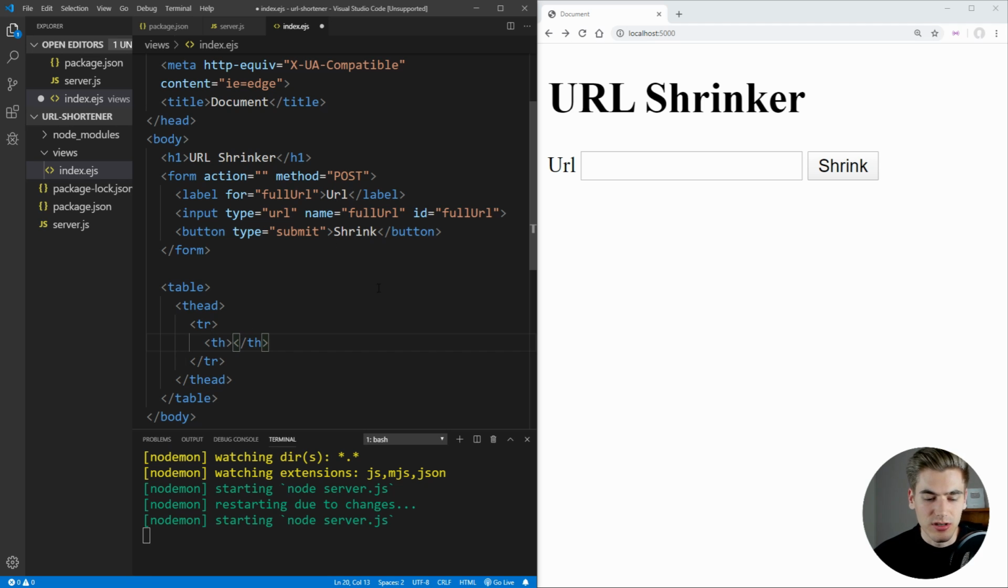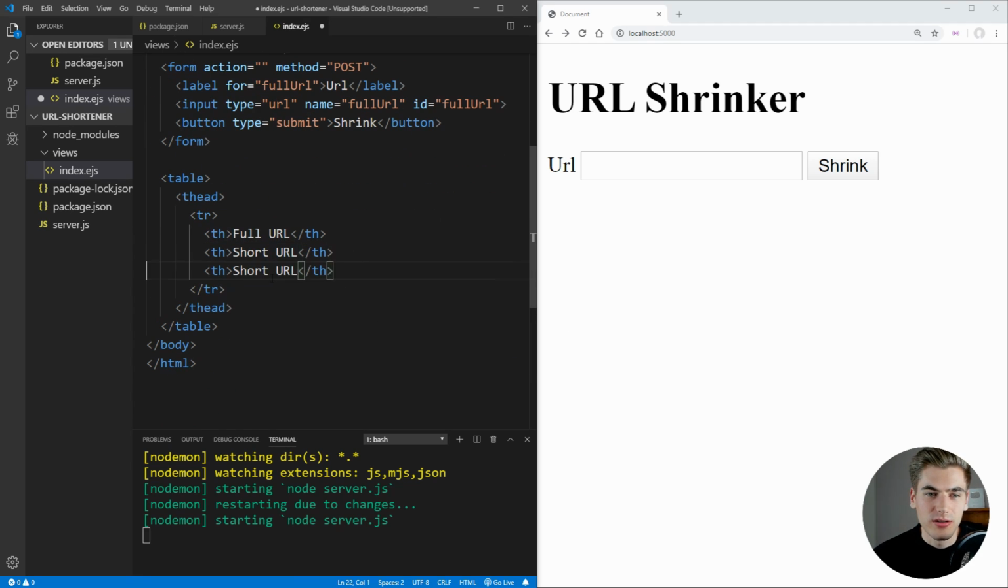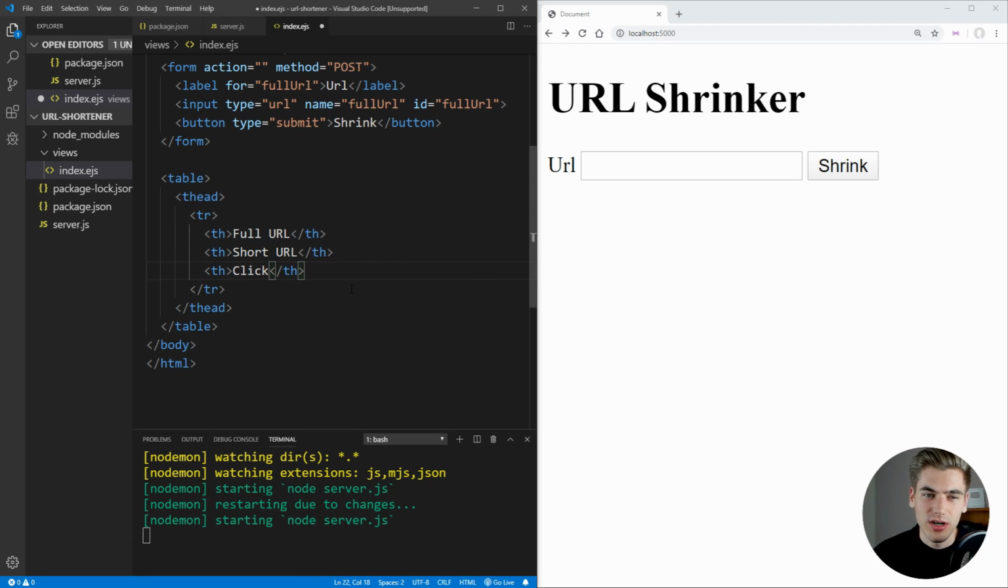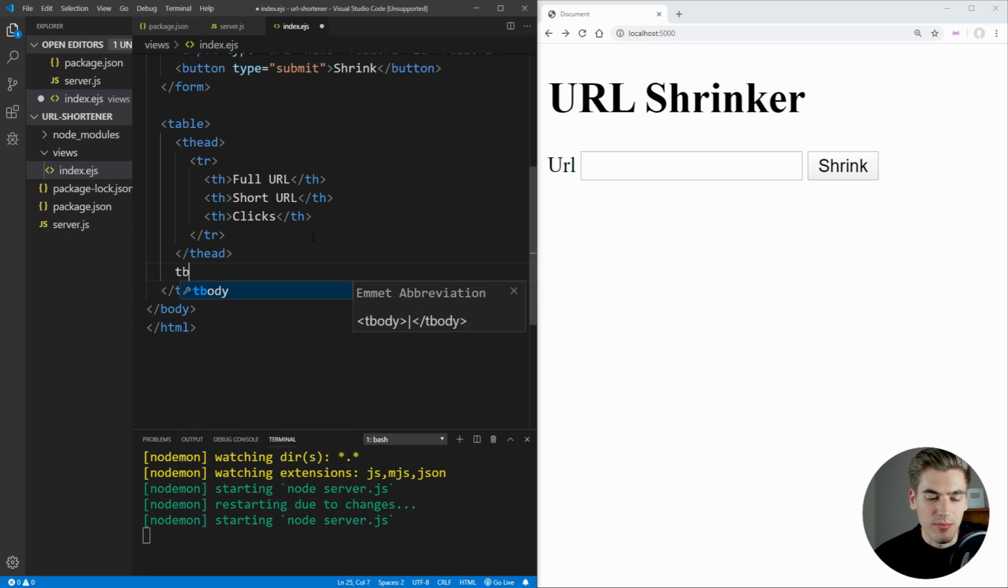it, and the first one is going to be for our full URL, and then we're going to have another one, which is going to be for our short URL that we generate, and lastly, we're going to actually track how many times everything was clicked, so we're just going to have another column, which is going to be for our clicks. Then we're going to have a body, and inside that body, we're just going to put a placeholder